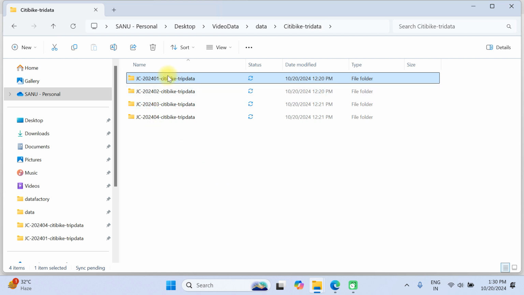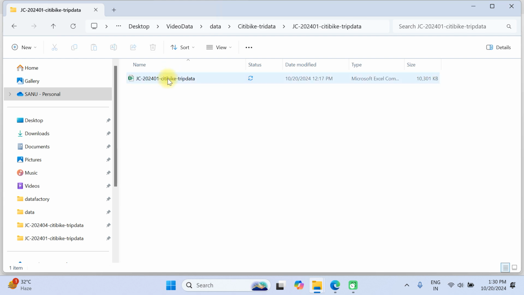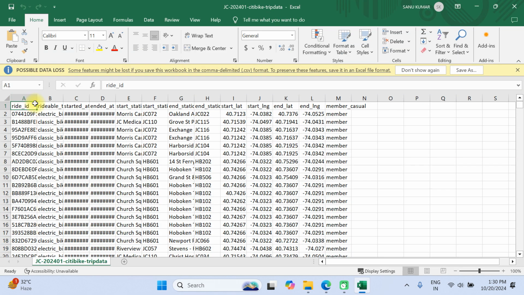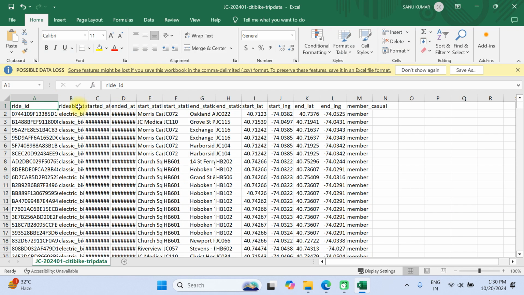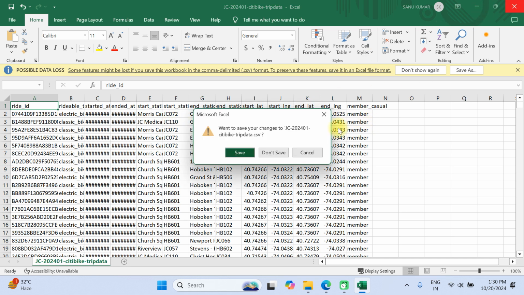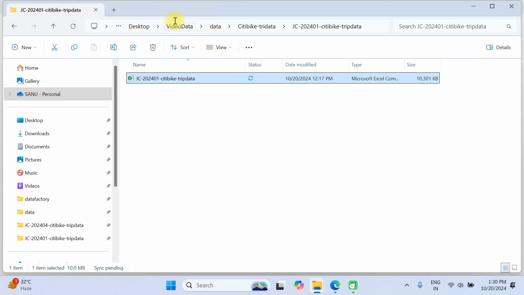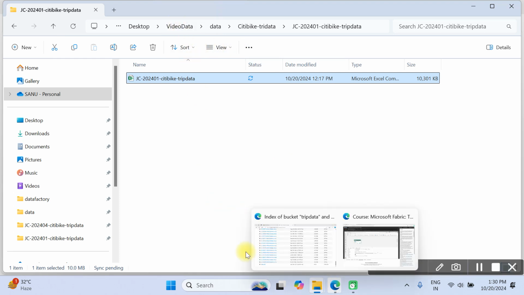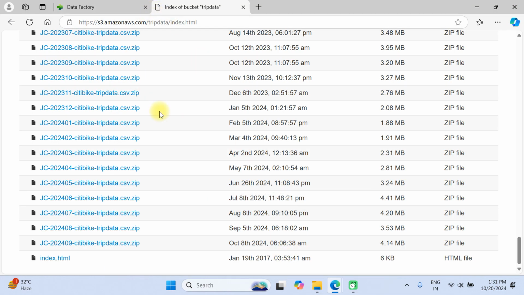If you want to review, let's click on this, and these are the datasets I want to use for loading from one location to another location. You can download it. I will put this link into the description box and you can use it from there. Now let's move back to Data Factory